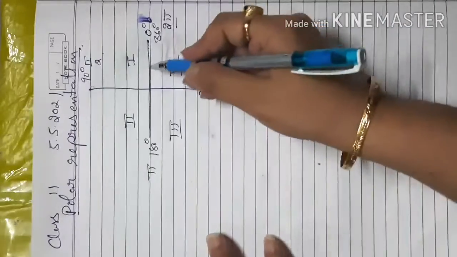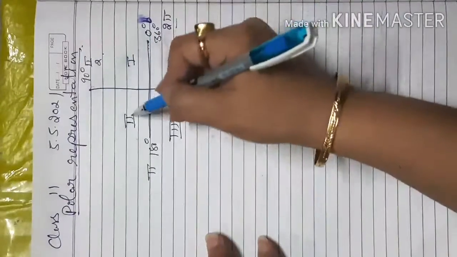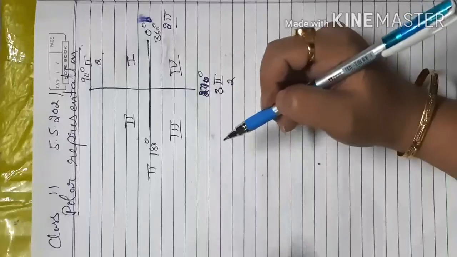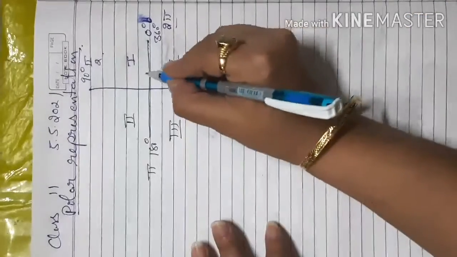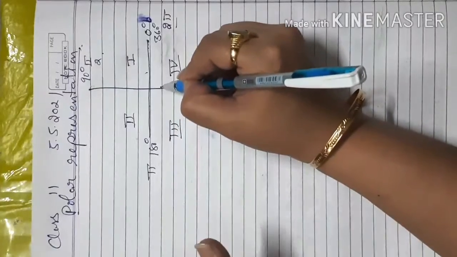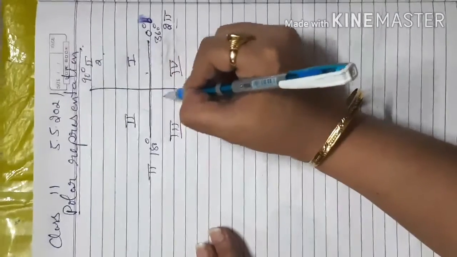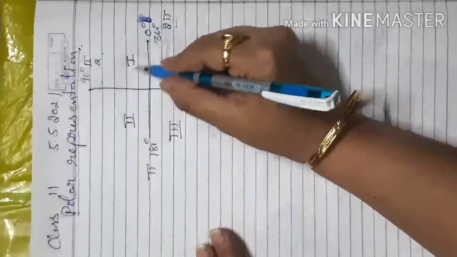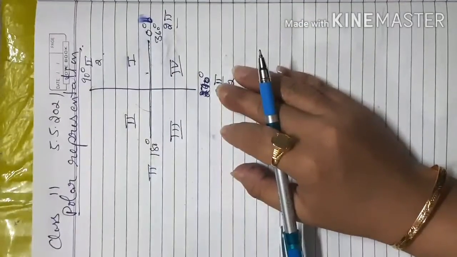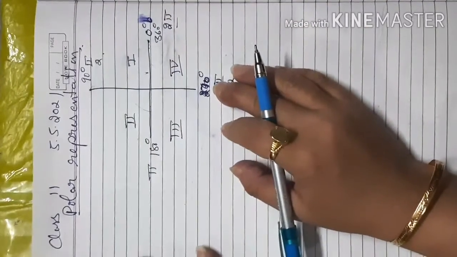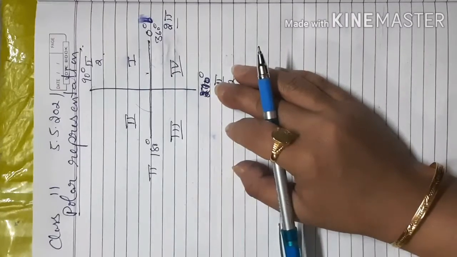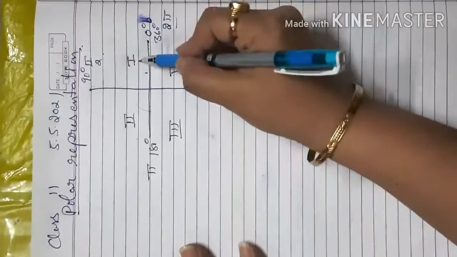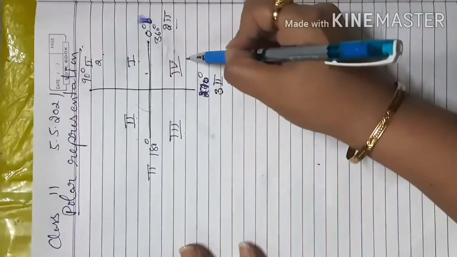So why do we consider the quadrants this way, like first, second, third and fourth? The reason is that when we measure an angle in the 2D plane, we always move in the anti-clockwise direction for the positive angle. So this side will be a positive angle and the opposite side, the clockwise direction, will be your negative angle. Since we know which direction is positive, we start counting the quadrants that way, like first, second, third and fourth quadrant.